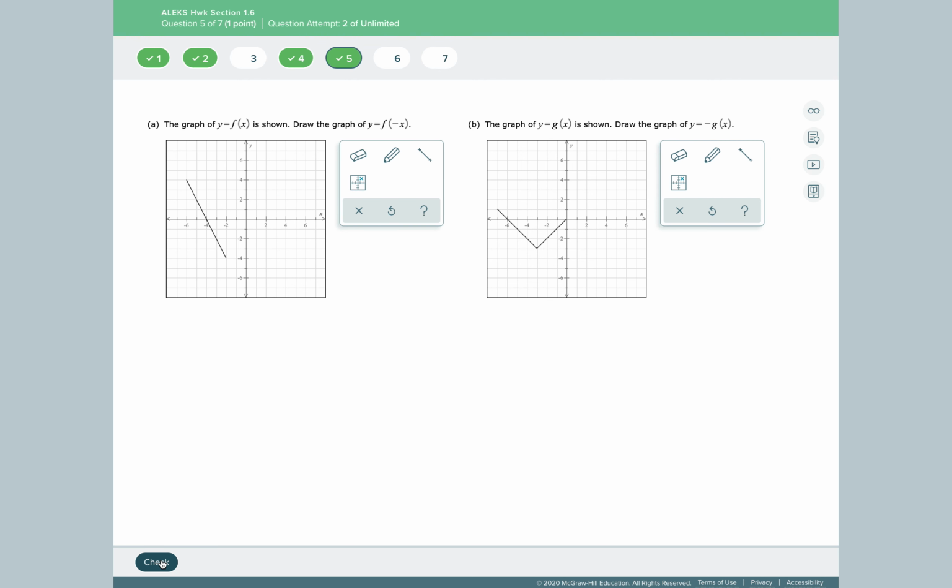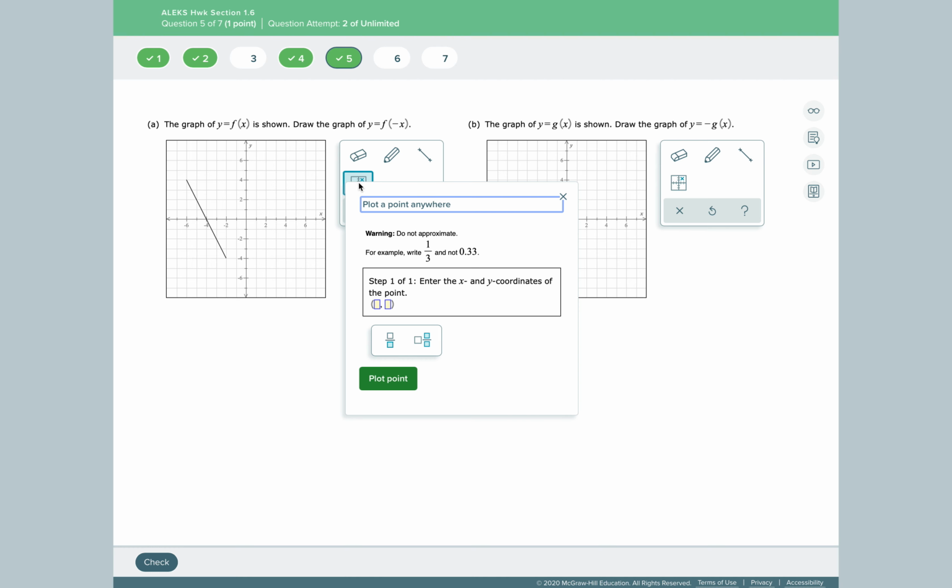Okay, for this problem, the graph of y equals f of x is shown, and it says to draw the graph of y equals f of -x. For y equals f of -x, we're looking at reflecting about the y-axis. So the y values will stay the same, but you take the additive inverse of the x values. For f of x, we have, like, -2, -4. If I change the x value but keep the y, then we'll have 2,